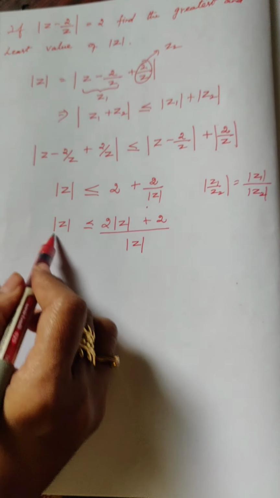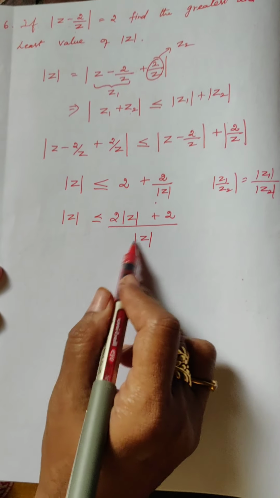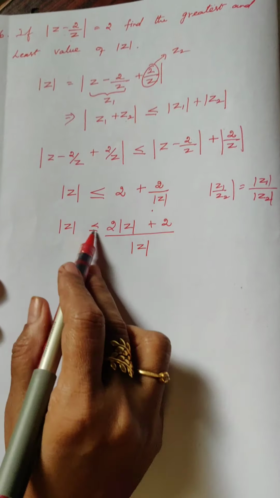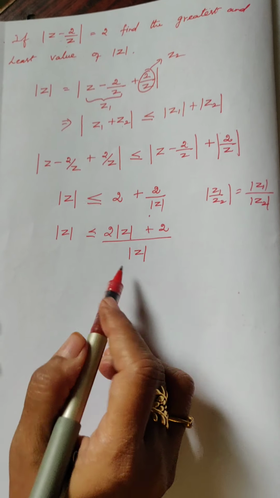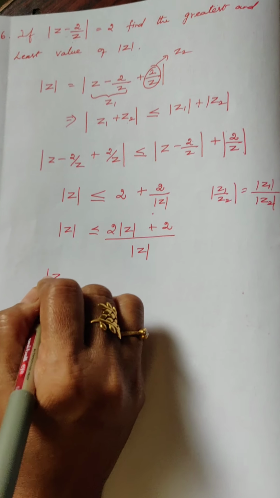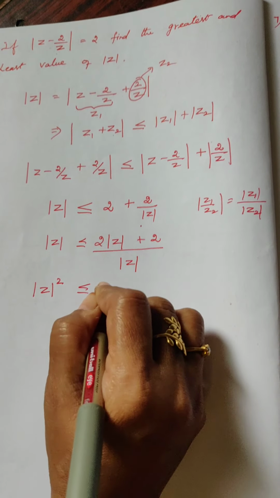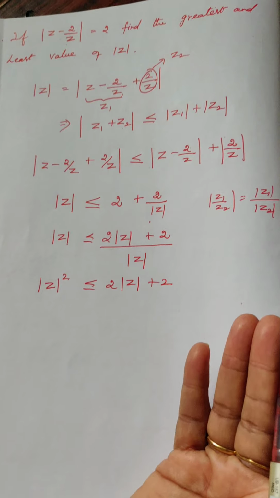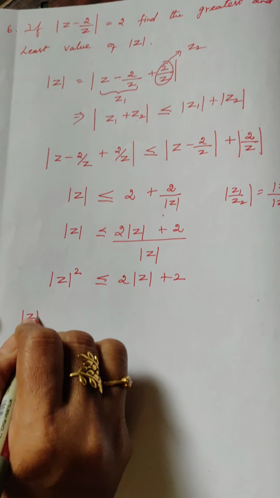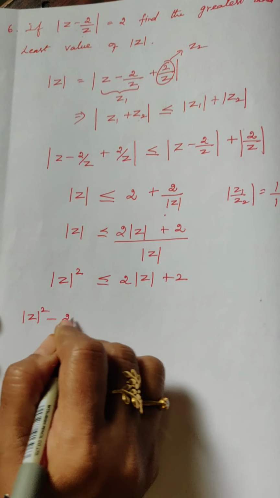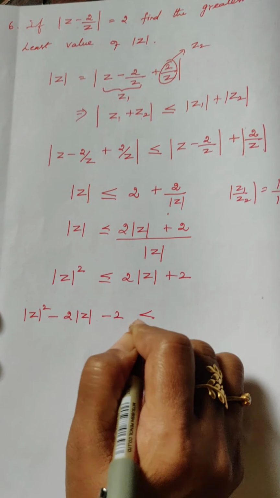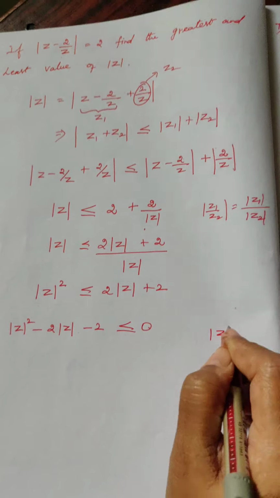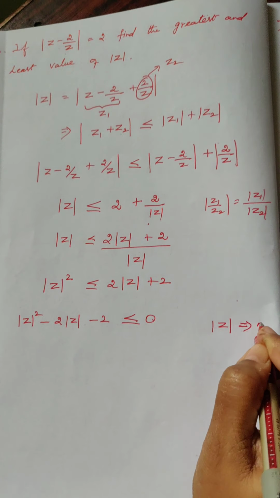Clear now? I am bringing this modulus of z this side, and modulus of z is positive. Be careful. Positive means we can take this side. Suppose if it is negative, automatically your inequality will change. I am not going deep in that matter. So modulus of z into modulus of z is modulus of z square lesser than or equal to 2 modulus of z plus 2. I am bringing all the right hand side terms to the left hand side. So minus modulus of z square minus 2 modulus of z minus 2 lesser than or equal to 0. Just to see, it looks like a quadratic equation. I am going to take modulus of z as equal to some number, let it be m, anything.